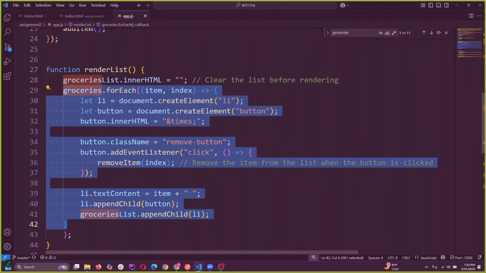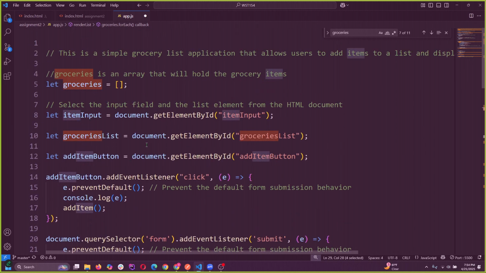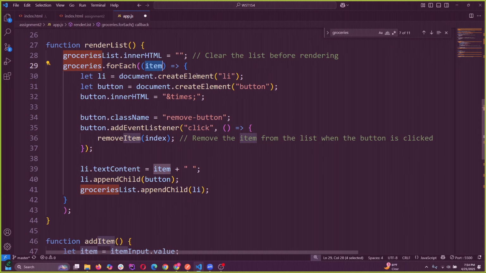So when we're looping through the groceries, if we didn't have index here, oh, we kind of need the index. You could use the item name itself, but the problem is if it has spaces in it, it's not really gonna work. So we could keep that there, remove item index,